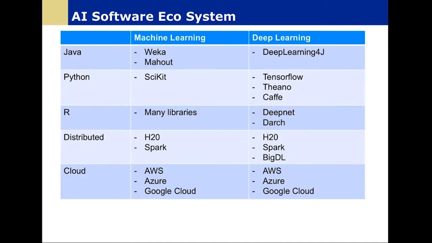There are a number of different projects around the AI software ecosystem, and many of you are probably familiar with libraries in languages like Python and R, which give us the ability to do general machine learning. Scikit-learn and many of the CRAN libraries in R give us that. We can also do distributed machine learning using H2O and Spark MLlib. On the deep learning side of things, we generally have specialized frameworks, and many of you might be familiar with deep learning frameworks like TensorFlow, Theano, Caffe, etc. There are also some efforts now on doing distributed deep learning, and one I'm going to highlight today is BigDL.